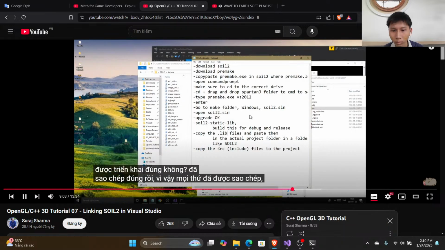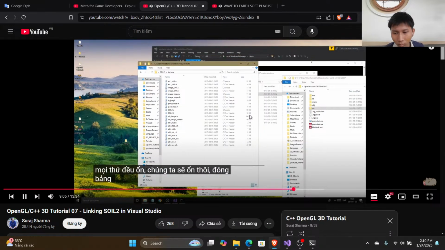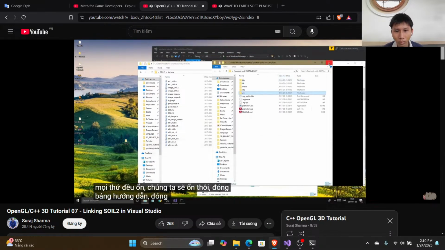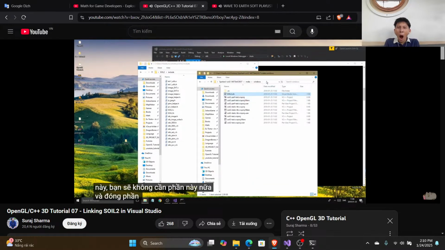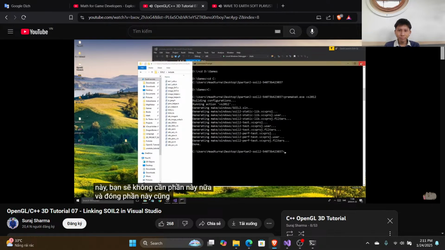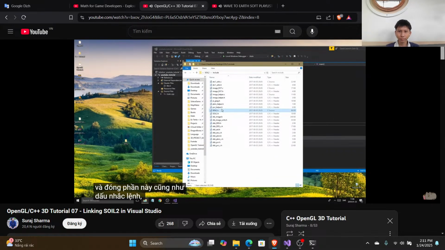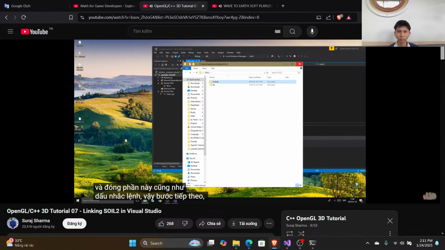So everything's copied, everything's fine, we should be good. Close down the cheat sheet, close down this, you won't need this anymore, and close down this, and the command prompt as well. So, next step,